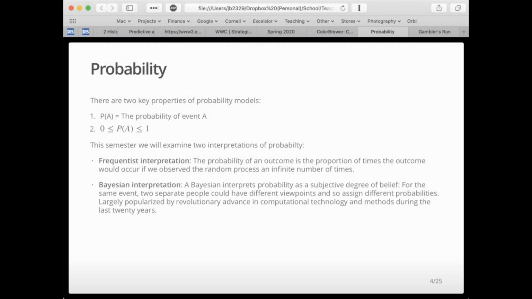Whereas the Bayesian interprets probability as a subjective degree of belief. That is to say, for some event, two separate people could have different viewpoints and so assign different probabilities. And often the Bayesians view the data as truth, and so we can build probability models around what we are actually seeing. How you construct those, and there could be slight variations in how you construct that, would generally result in slightly different interpretations. With the frequentist approach, we're going to learn some properties under the assumption that we could do things an